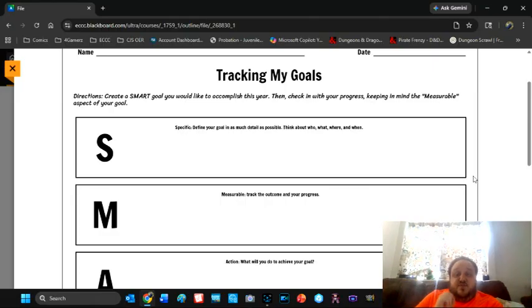How are you going to track your progress? How are you going to know that you've come from point A to point B? How do you know that you've succeeded? Now it's not just you set a specific goal. Now it's you set a goal and you can look at all the steps you've taken to make it there. So it needs to be a measurable goal.